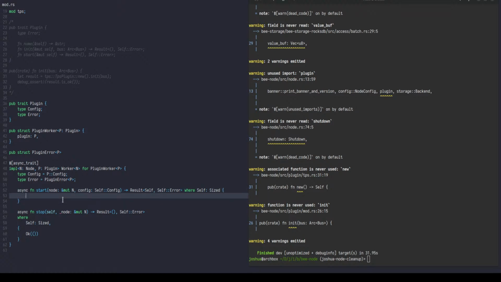So when we start the worker, the plugin worker, we're going to want to create a new instance of the plugin. So